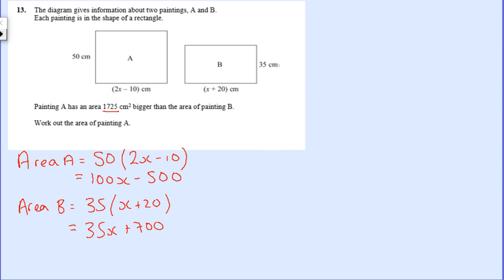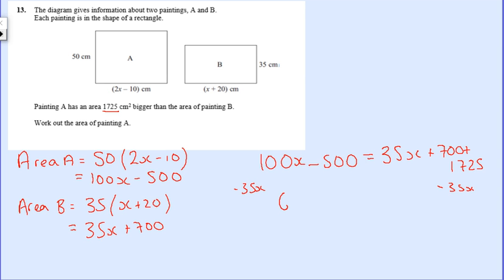So that means I can write that the area of A is equal to the area of B adding on another 1,725. So I'm going to rearrange that. I'm going to take 35x from both sides, and that leaves me with 65x take 500